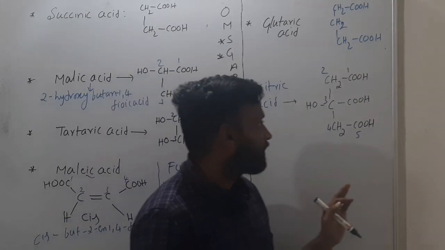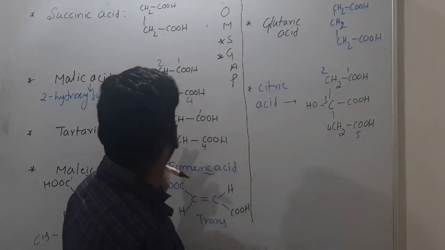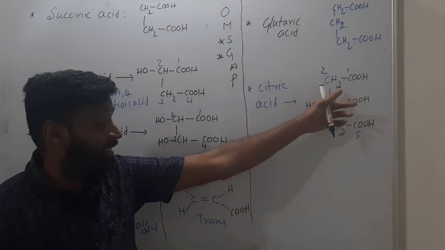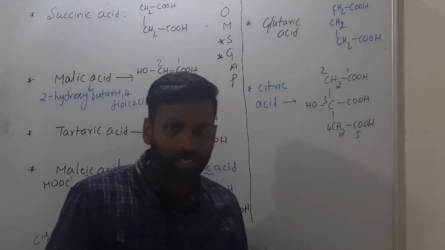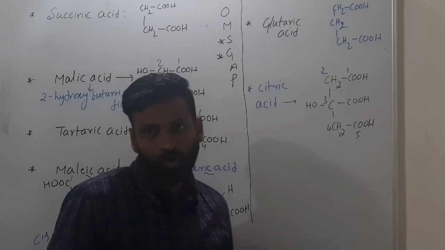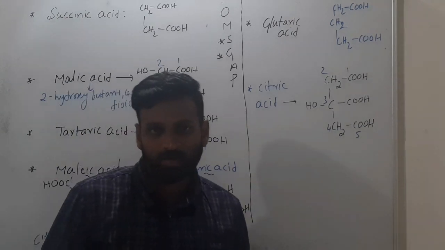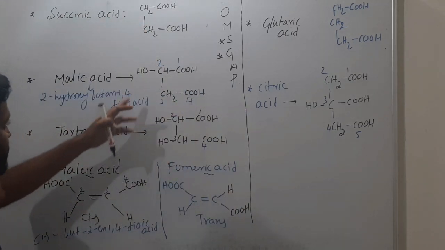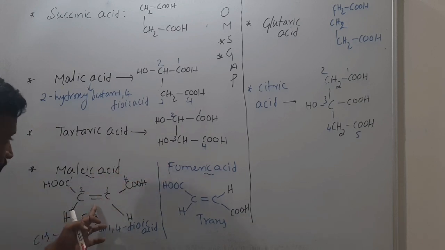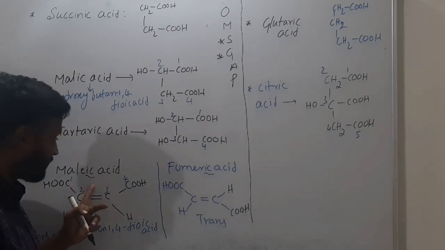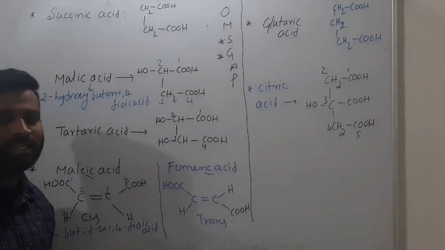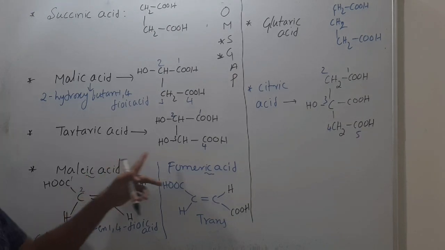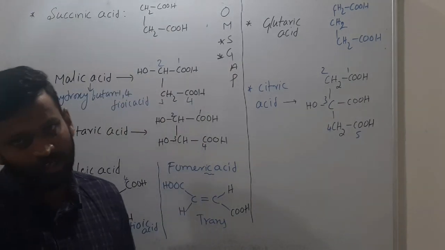Okay, so very important. So these are about some classification of some dicarboxylic acids, but here citric acid comes under tricarboxylic acid. They'll ask you a question, which of the following is a tricarboxylic acid? Citric acid is a tricarboxylic acid. Understood? And here this all comes under dicarboxylic acids with different substituents or else unsaturated. They'll ask you one question here, which of the following is an unsaturated dicarboxylic acid? So one of the options they will give maleic acid or else fumaric acid they will give you.